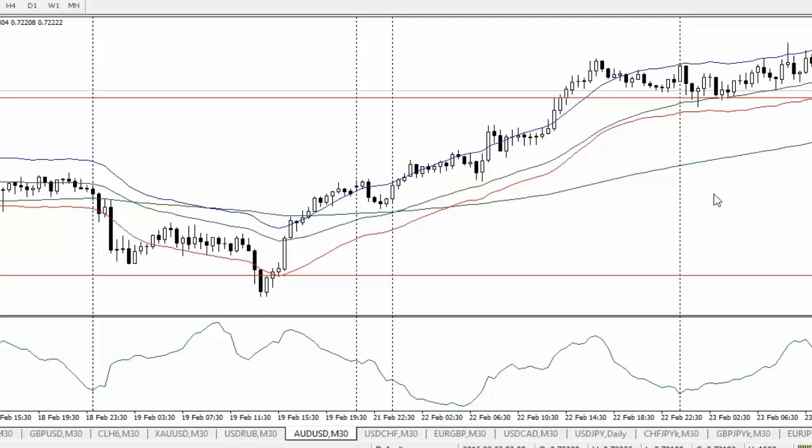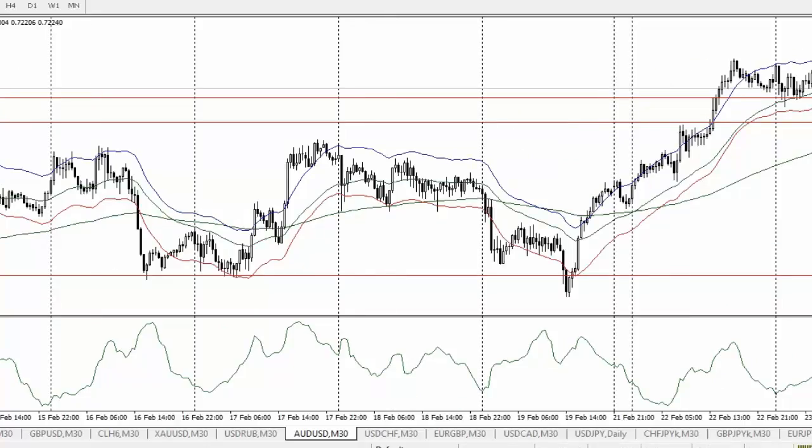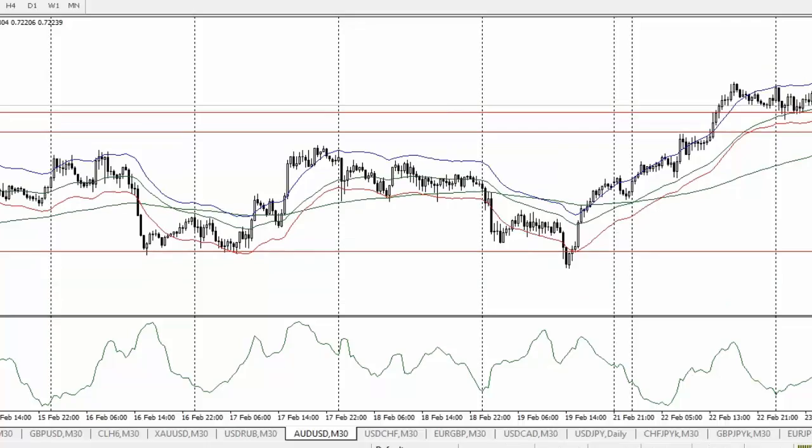To the downside, it is going to be 0.7195. All right, that's the way it works. And if market reverses from this point,